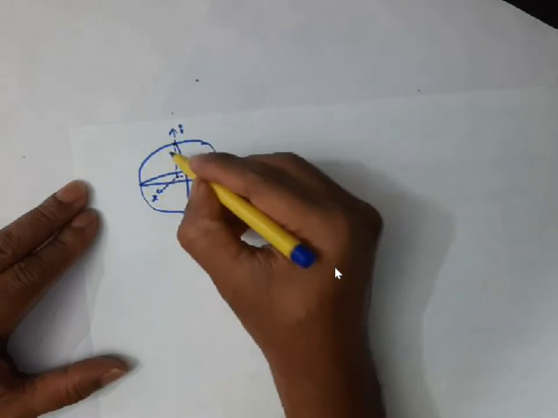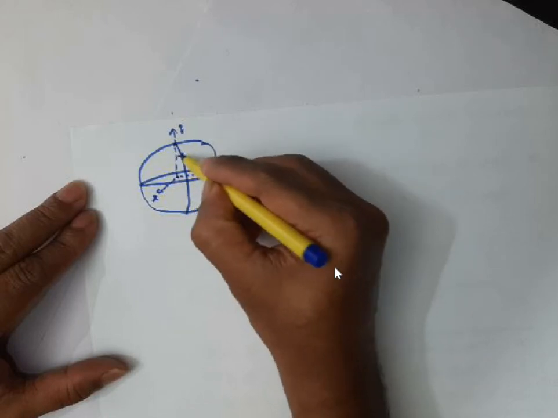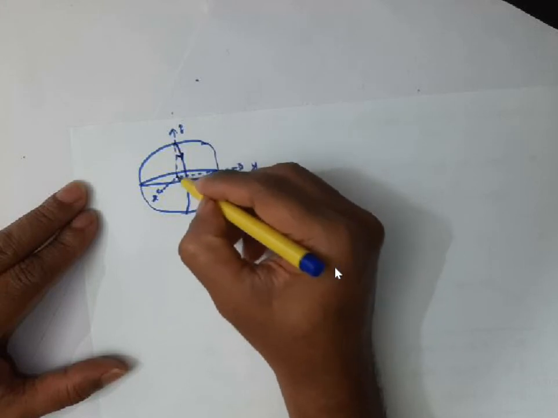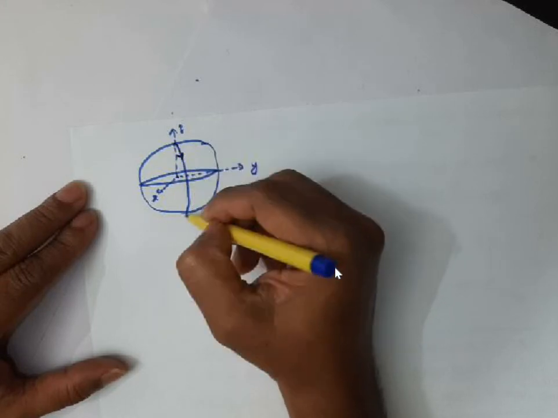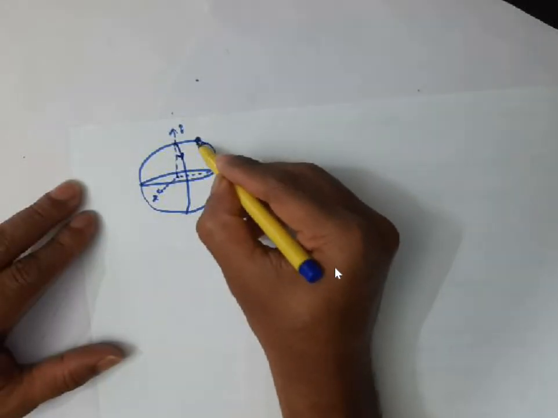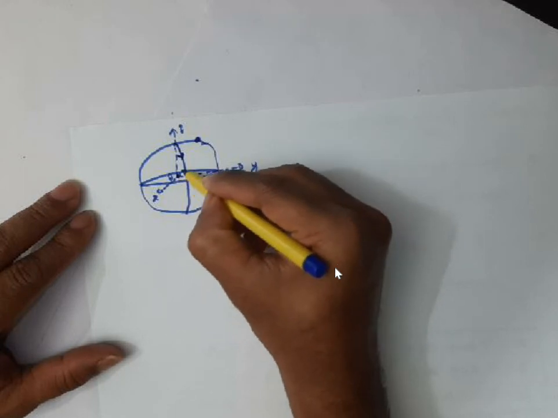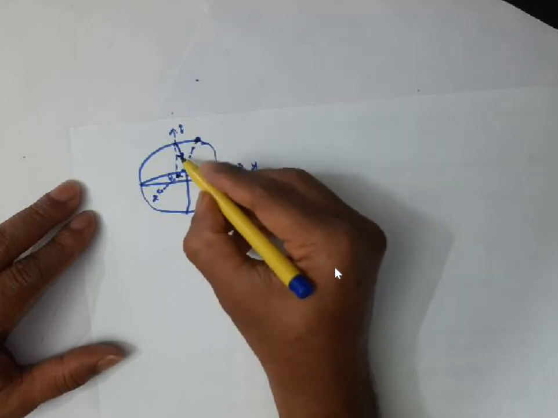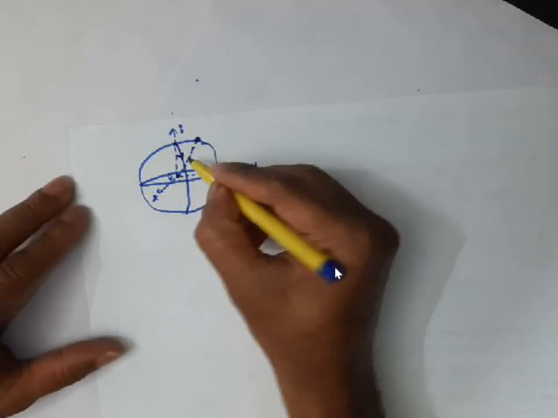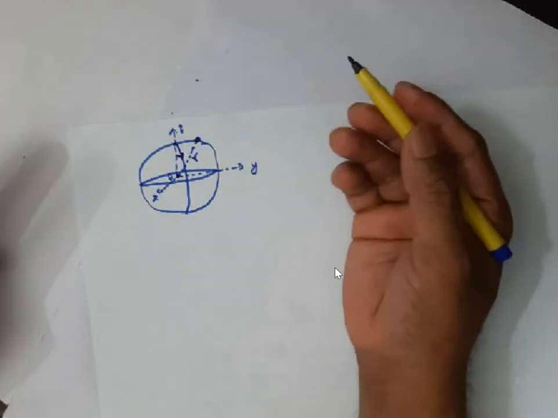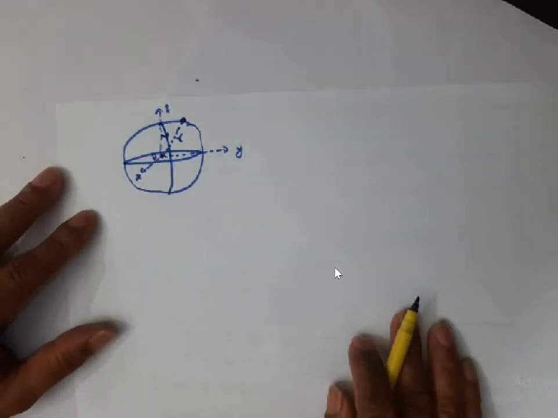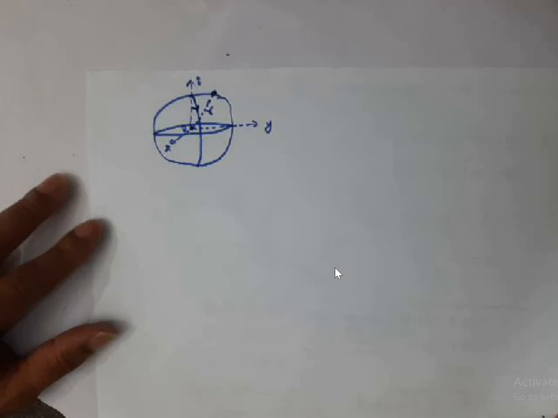Now assume that the theta value goes like this. Suppose you have a point here, theta goes in this manner. Or you can take a point anywhere. Suppose I take a point here. This is the origin, and connect this origin to that point. The angle between the z-axis and the line joining the point is theta, and this distance is r. Those things you all know, right? So it is a typical system where these spherical polar coordinates are actually used.